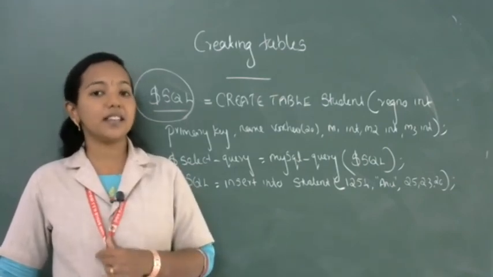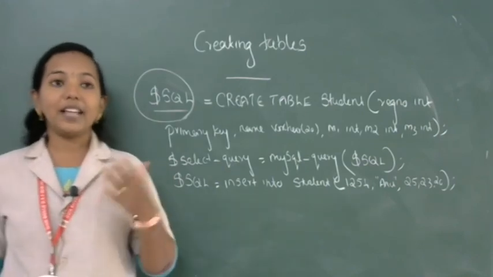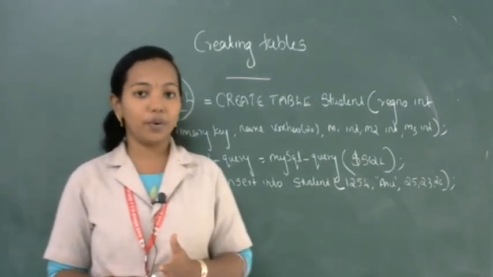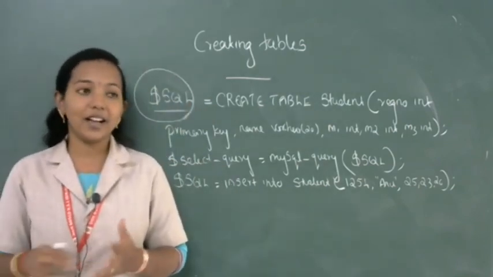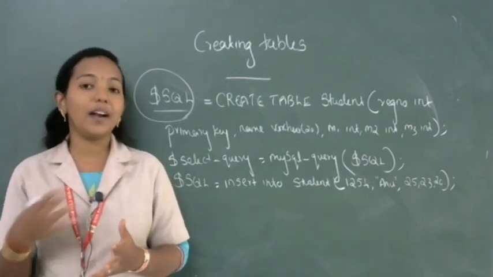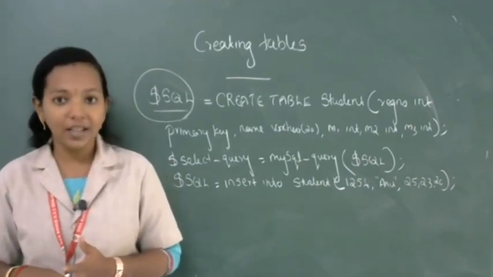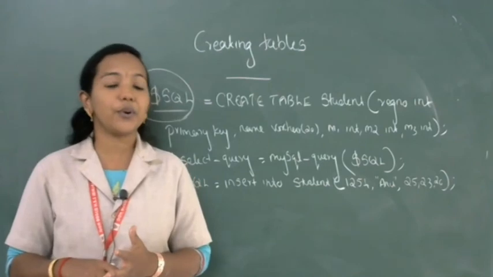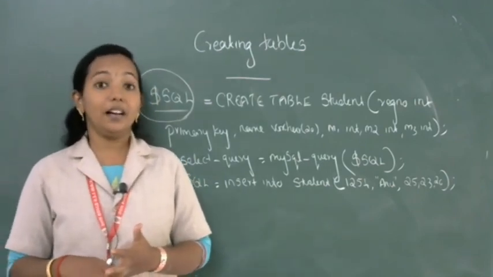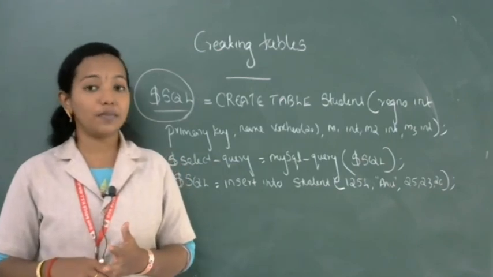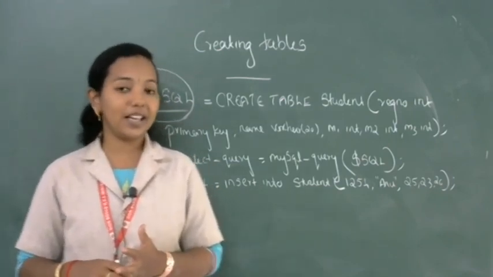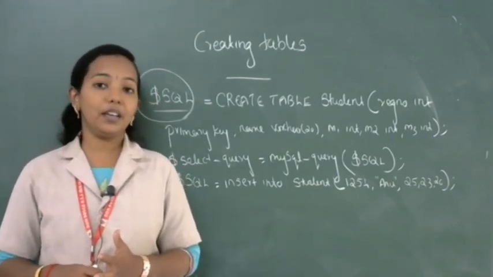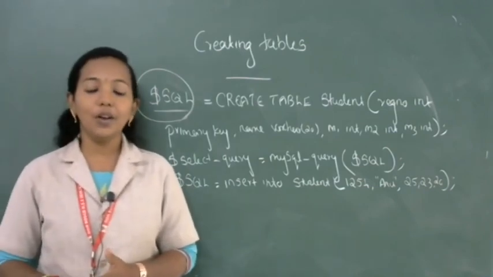We are extracting the register number and name of the student. In that program we used two variables, one is result set and the second one was record. Once all the data accessing is over, or the required data is collected from the database, we can close the connection. For closing the connection, we use the same variable that we used for establishing the connection: MySQL close function, $DB handle. Then we discussed how we create a table using PHP. For that also we use the MySQL query function.